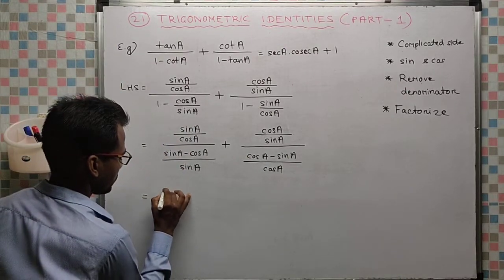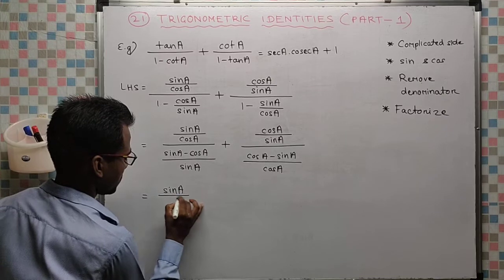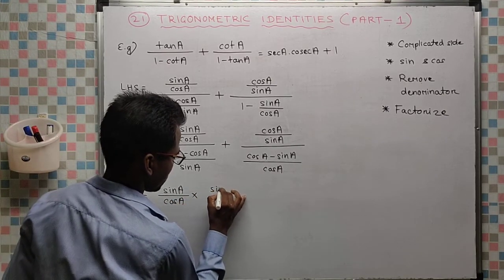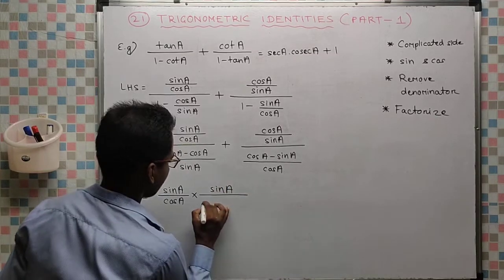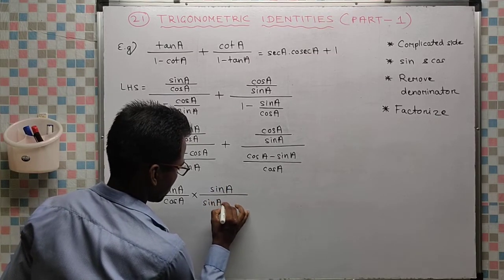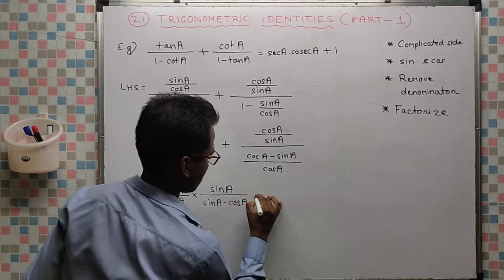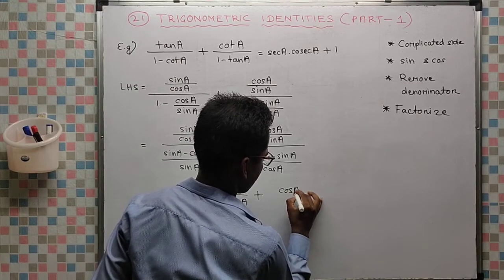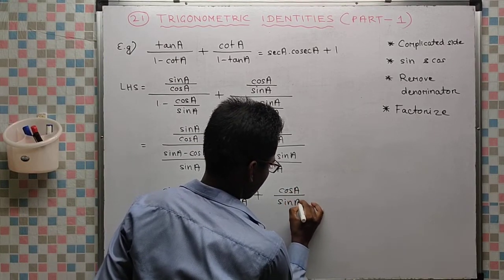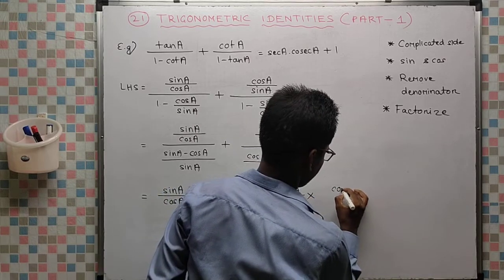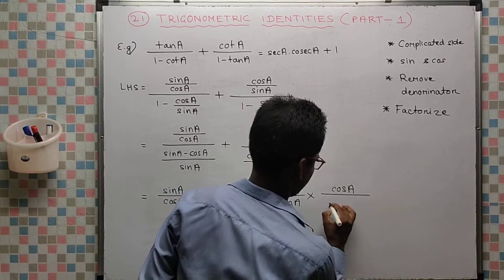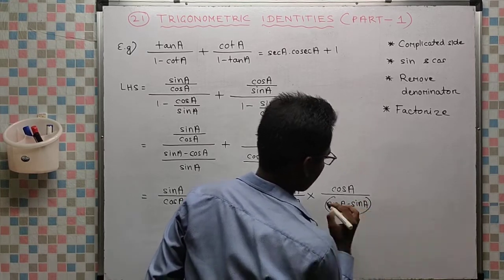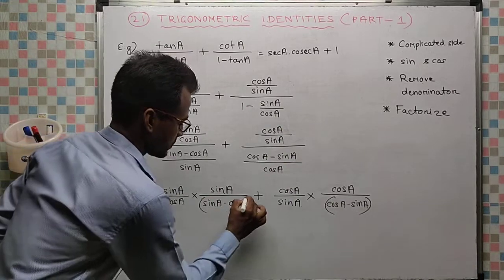So this is equal to sin a by cos a whole into sin a by sin a minus cos a plus. Okay, this will become cos a by sin a whole into cos a by cos a minus sin a. Okay,